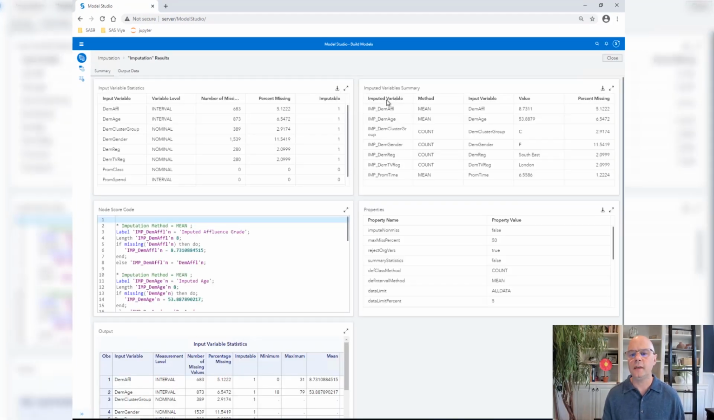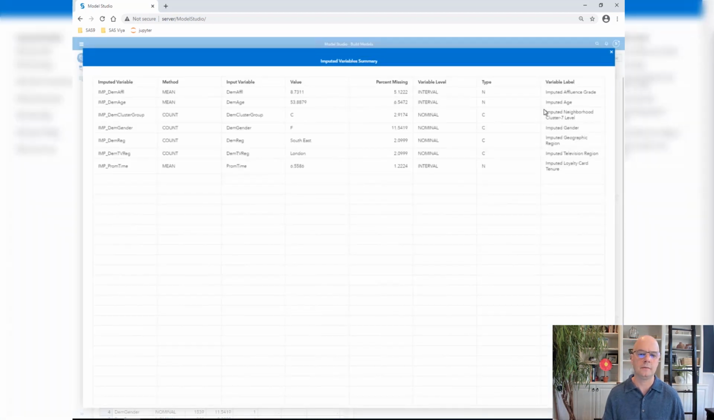And I'll focus on the imputed variables summary table. I'll go ahead and maximize. Now, before I describe the table, just a quick word on how Model Studio handles metadata. The original variables, which were inputs, now have an updated role of rejected. That doesn't mean they're deleted, it just means that they're essentially turned off and would be ignored as we move